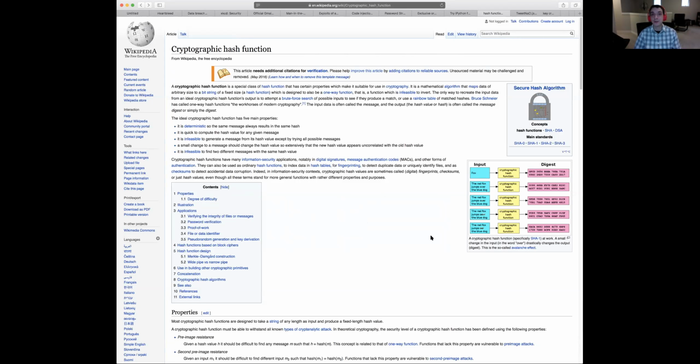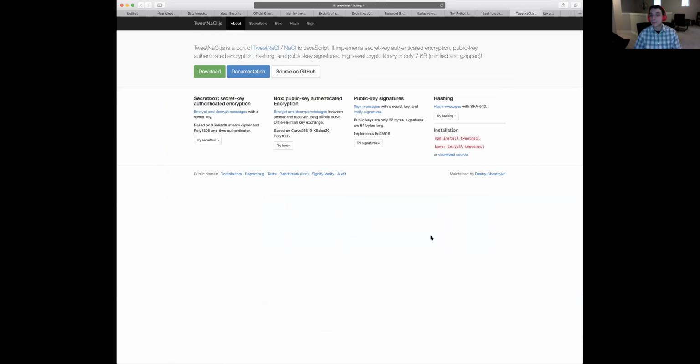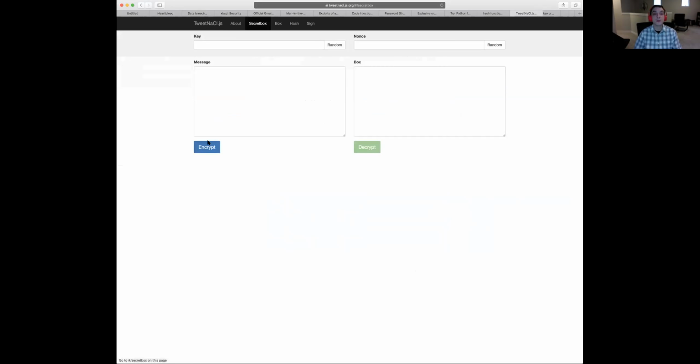More on hashes later, but what are the other basic crypto functions? Well, there's essentially 4 of them: signing, encrypting, verifying, and decrypting. And not all applications use all of these. We'll start with something simple here. This lets you encrypt and decrypt messages. So what that means is that